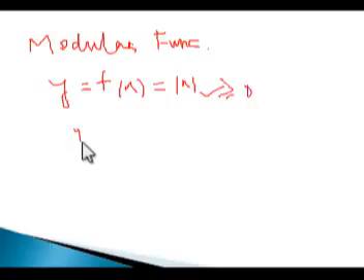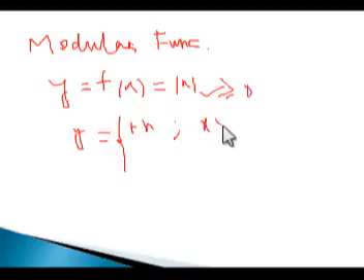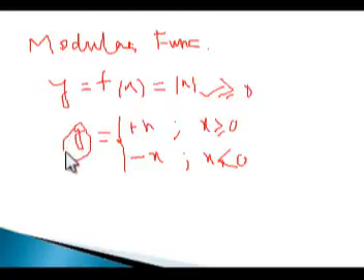In another way, it can be written in this way: y is equal to plus x if x is greater than or equal to 0, and when x is negative, then it is equal to minus x. Means y must be positive. y cannot be negative. So the graph will be,